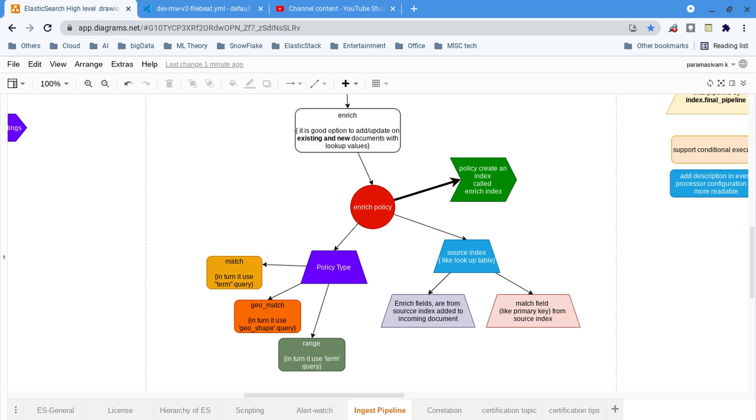What kind of data source can it be? Usually, till now I have seen only other indexes. The thing is the same for ETL as well as batch jobs. Let's say you are running an ETL job or batch job in a particular Oracle database. I will have all the static tables also in the same Oracle schema, right? I will bring all those static, reference, or lookup table data into the same schema. Similarly, we can keep all those static or reference data in other indexes, and you can go for enrichment.